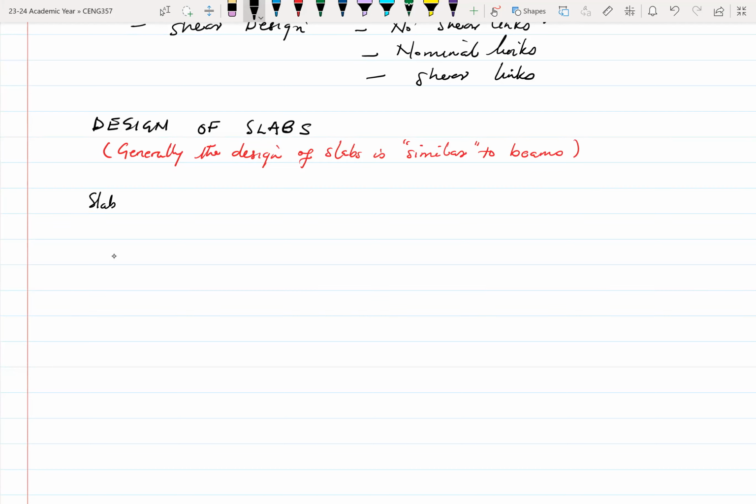Through engineering drawing, I think with CAT two or so, we looked at what slabs were. And one of the things that we looked at when it came to slabs was that they are, should I say, typically found on the